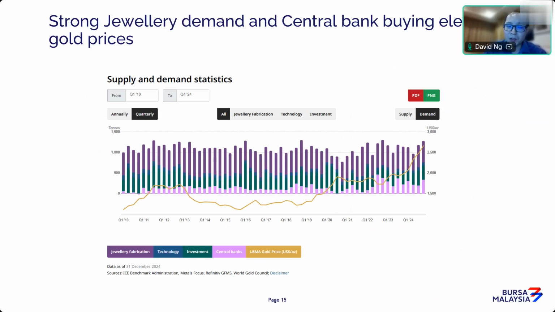If you look at this chart here, you can clearly see that for the past 3 months, probably starting November last year, demand in fact increased quite substantially. If you split the demand for gold into 4 major categories, which are jewelry, technology, investment, and central banks, you can see clearly that central banks and jewelry are what drive the major rally in gold prices. So watch out. For the next couple of months, as long as this demand stays strong, you should see gold prices holding well. But if you start to see demand taper off,